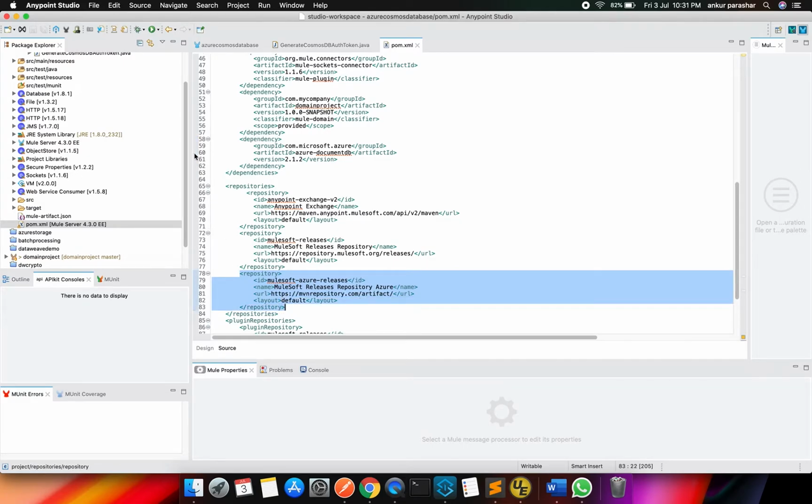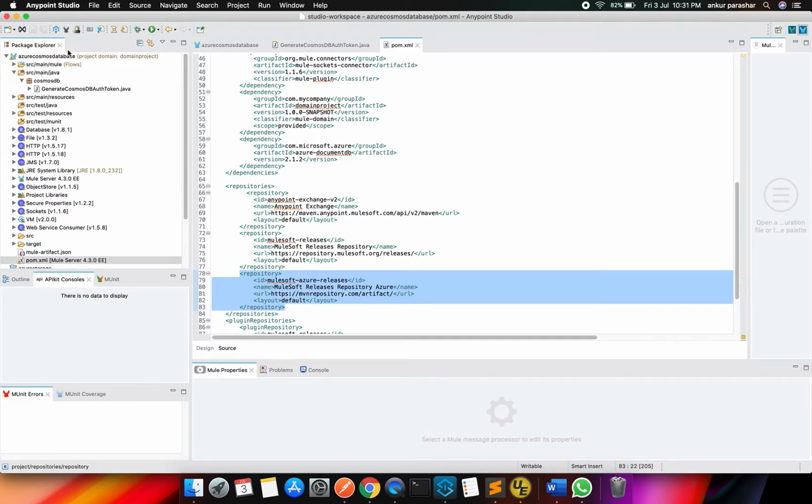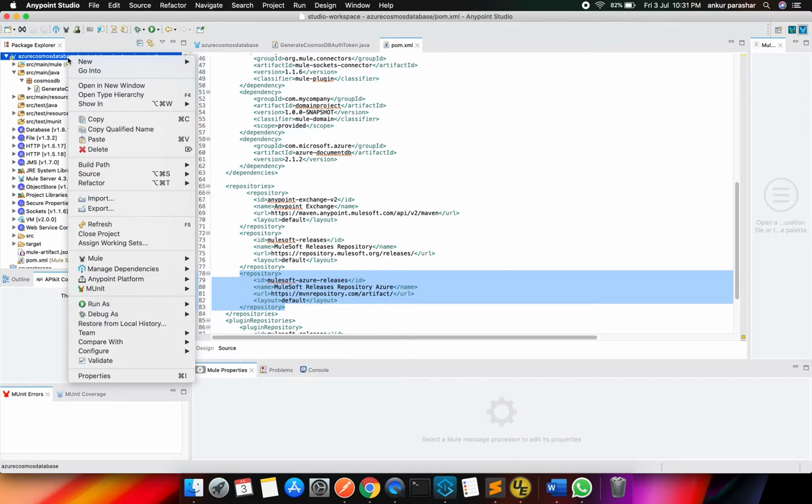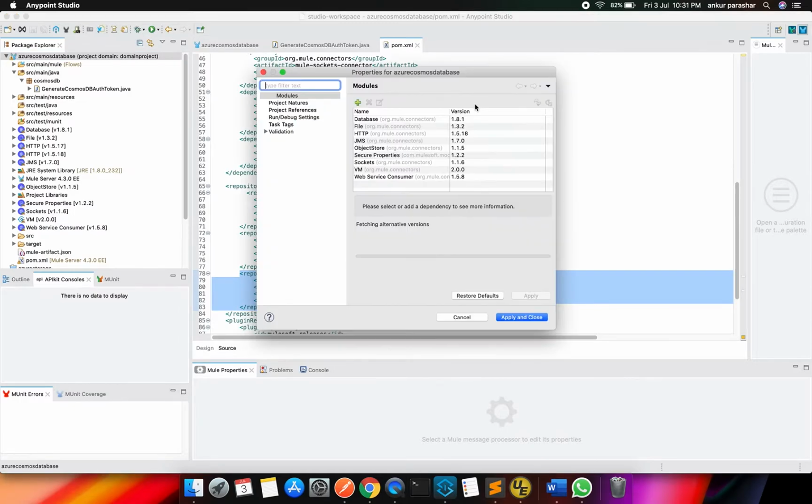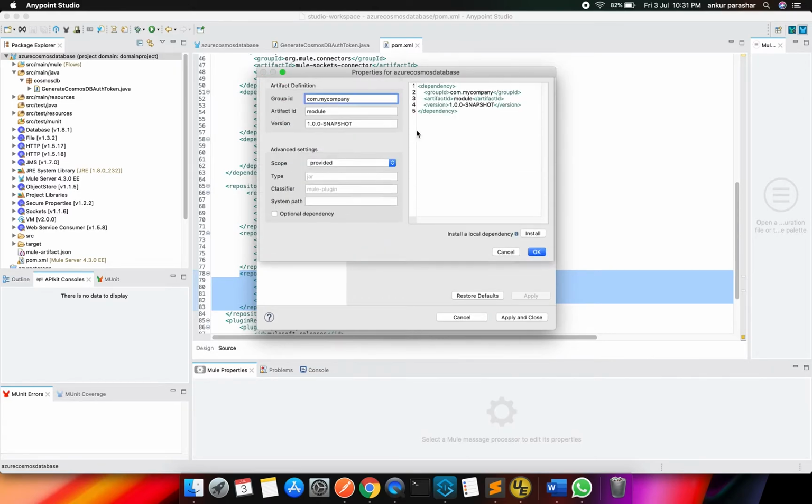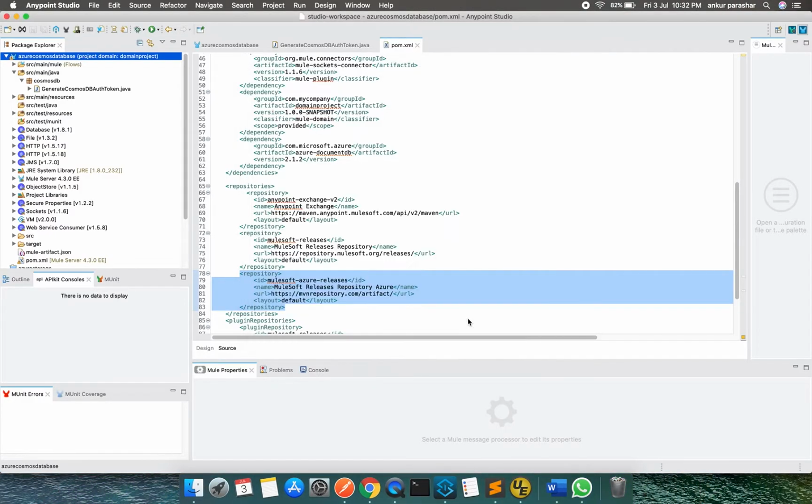And you know how to add the dependency, right? You simply right click, manage dependencies, manage modules, click on the plus sign, and choose from Maven rather than Exchange. You can copy paste the entire content here, click OK, and things will be done.